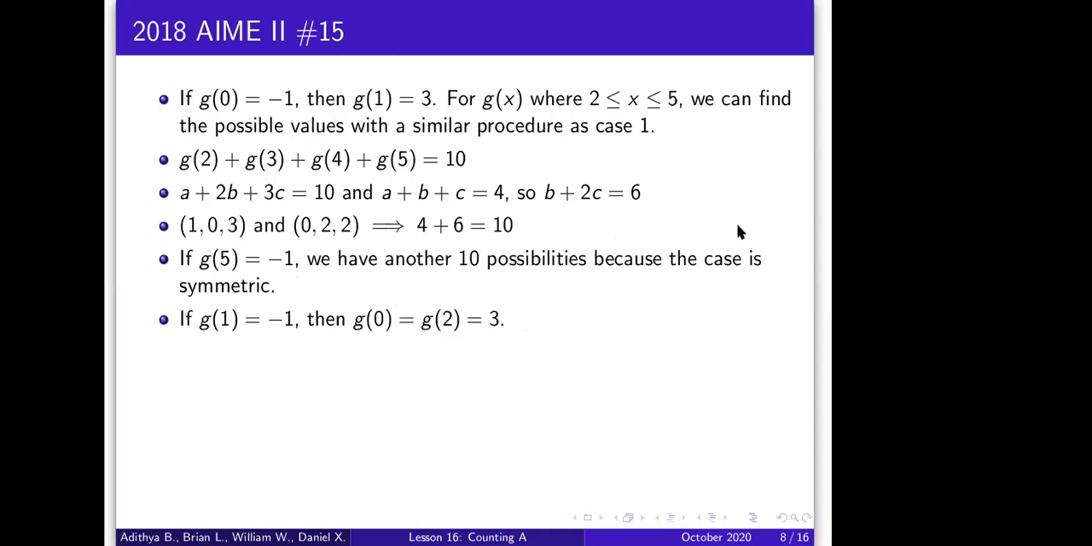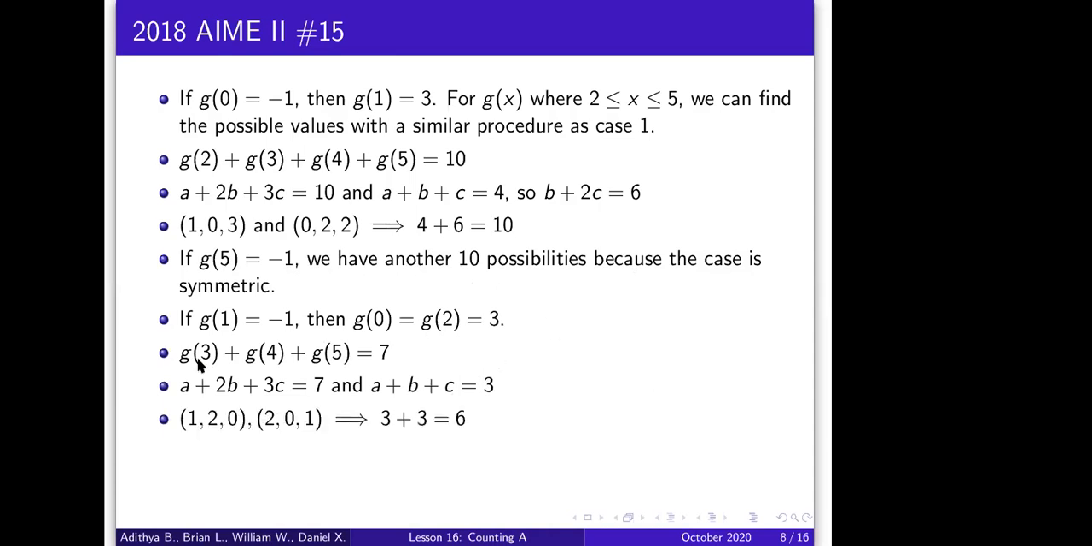And the next case is if the -1 is not at the ends. So if it's somewhere in the middle, say for example, g of 1 is -1, then the two consecutive values, g of 0 and g of 2, have to be equal to 3, as we saw before. And now if we use that the sum of all of these values of g is 12 again, then we get g of 3 plus g of 4 plus g of 5 is 7. So then we can use the same procedure as before to find that across these three values, we either have 1, 1, and